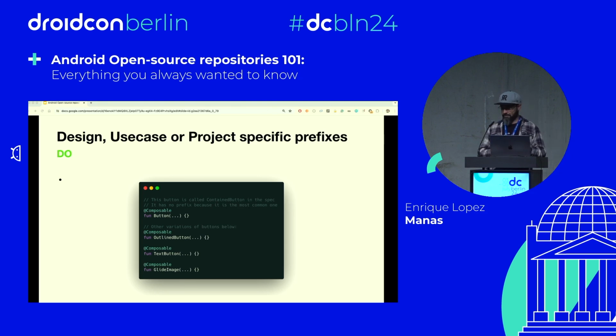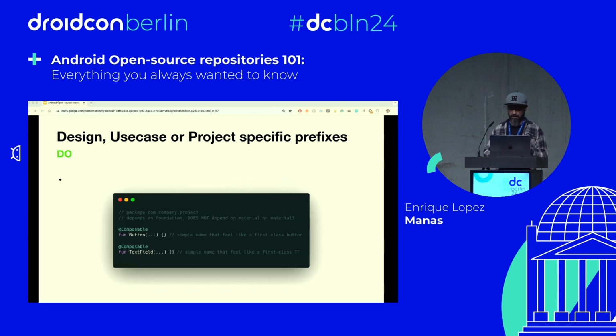You should also avoid company names. I guess we've all been at those companies where things start being company name, class name, and so on, especially in open source code. We don't want to insert our library name into a button or anything. So we need to abstract from that, and in general just do it specifically for the use case and project-specific need. If your library is based on Compose Foundation, you should depend on Foundation and not on Material